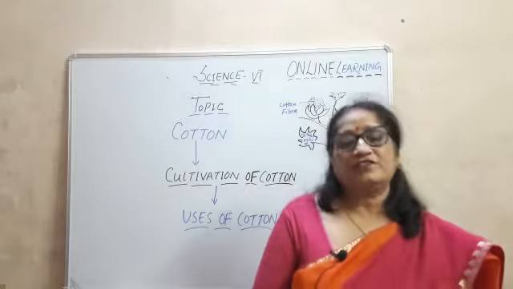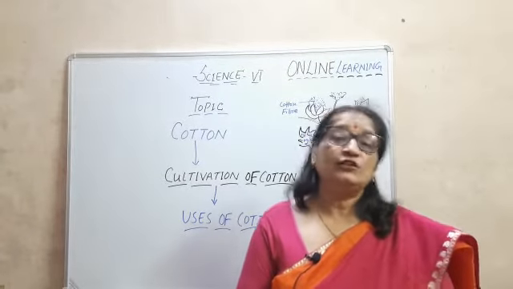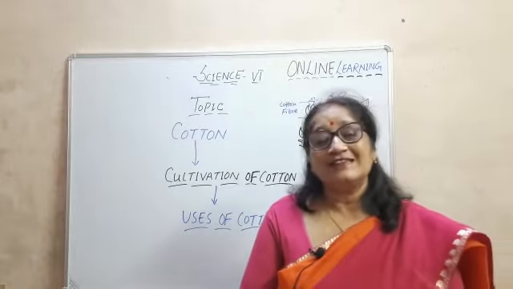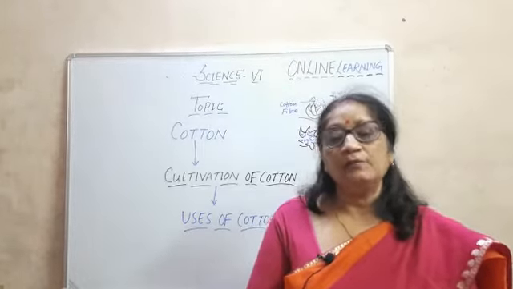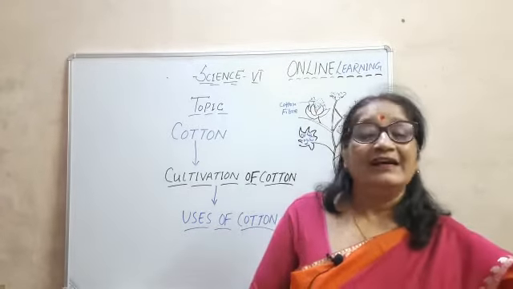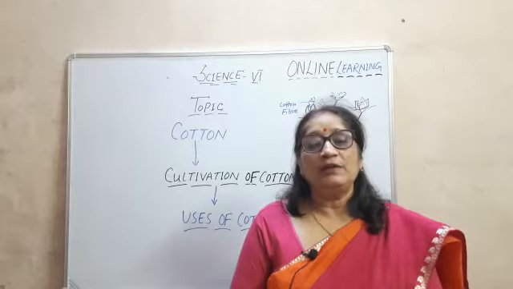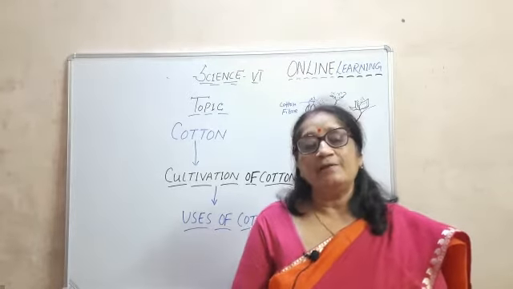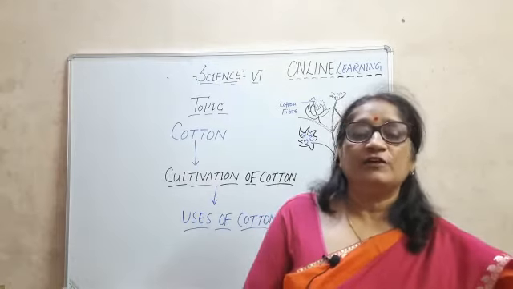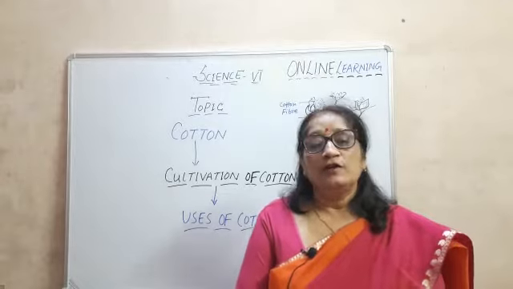When seeds germinate, children, in the initial state, the seedling takes its nutrients from the cotyledons of the seed. As the seed grows more and more, it develops into the radicle and plumule. Radicle means roots and plumule means stem. When the roots and shoots develop, the plant also develops leaves, and the leaves prepare food by the process